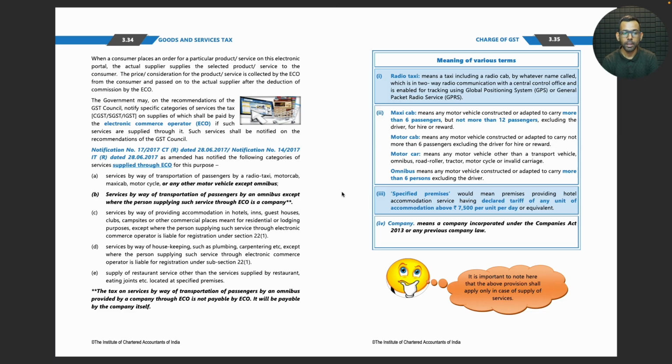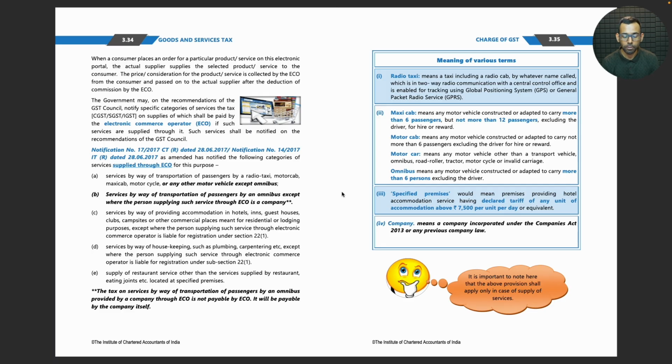The government may, on the recommendations of the GST Council, notify specific categories of services, the tax on supplies of which shall be paid by the e-commerce operator if such services are supplied through it. Such services shall be notified on the recommendations of the GST Council. Notification number 17/2017 dated 28/6/2017, and notification number 14/2017 dated 28/6/2017 as amended, has notified the following categories of services supplied through e-commerce for this purpose: